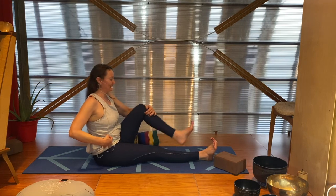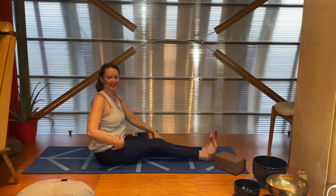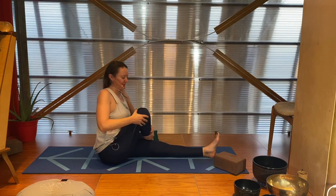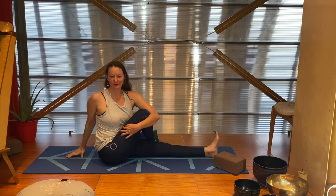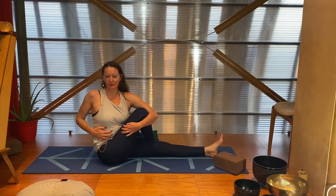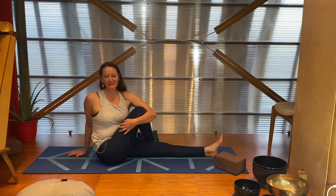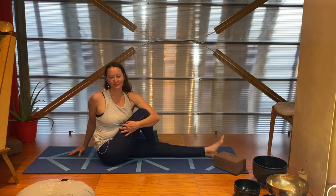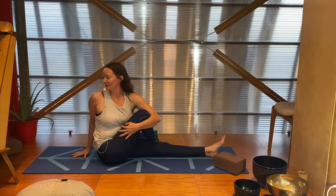We're going to switch sides now. So straightening that opposite leg, we draw in the other leg, cross it over as an option, and then start to lengthen and rotate. Any sensitivities that you start to notice, and I like to pull my ribs as well, any sensitivities you're noticing, pressure points in the abdomen, all of that relating to the visceral organs and the digestive composite of